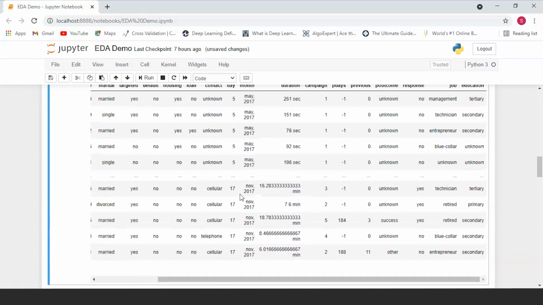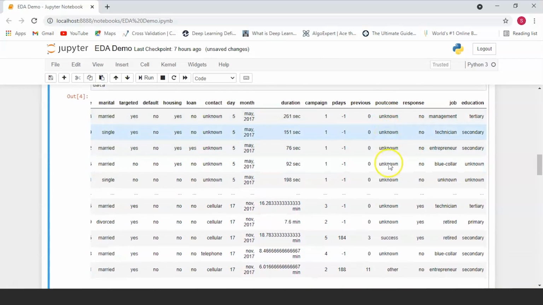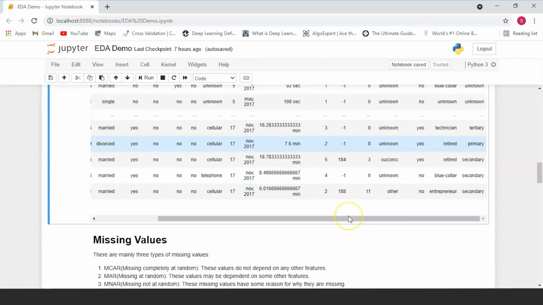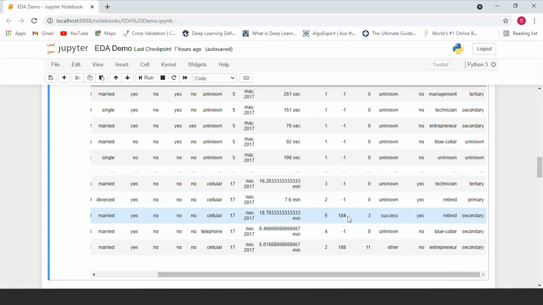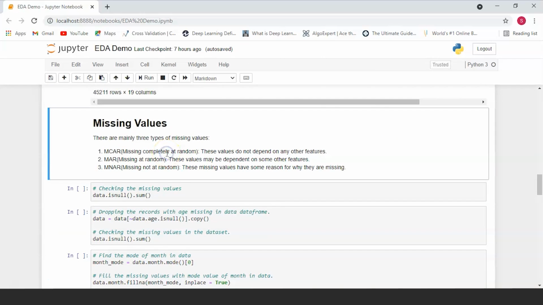Now our data still has a lot of missing values, like the P outcome has a lot of unknown variables, and there'll also be a lot of NaN values or missing values in our data set. Now there are three different types of missing values. One type of missing value is values which are missing completely at random and which do not depend on any other feature.